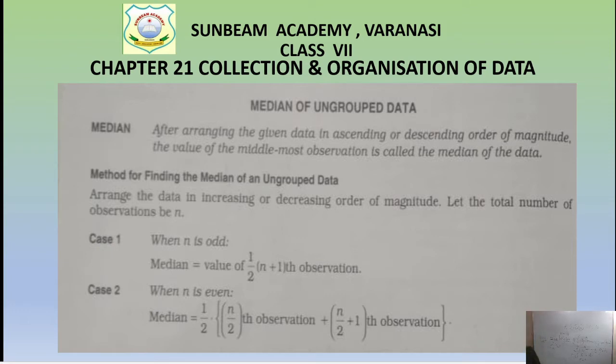This is median of ungrouped data, children. Only some single observations are there. It is not that the data is in a range from 10 to 15. No, it is not in grouped form. It is ungrouped, and in our syllabus we will follow ungrouped data only. In higher classes you will definitely learn about grouped data. For mode also we will not go for grouped data. We will study only ungrouped data.